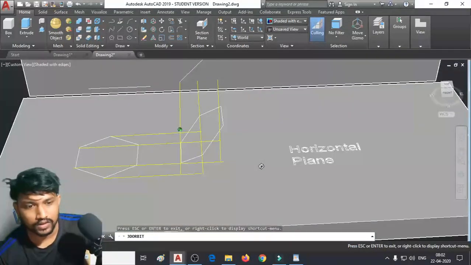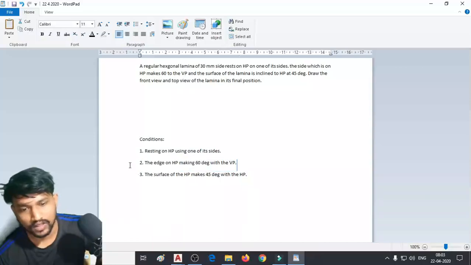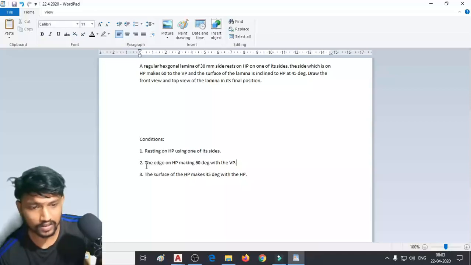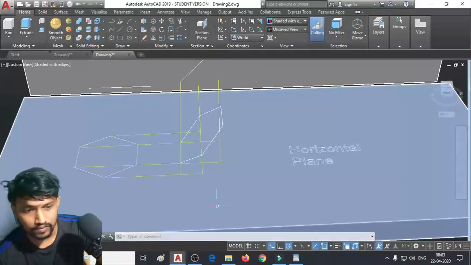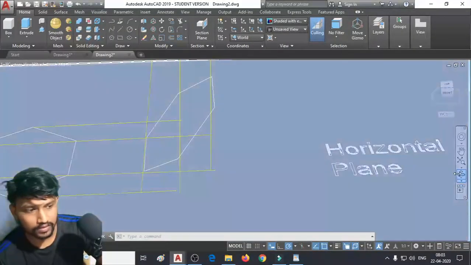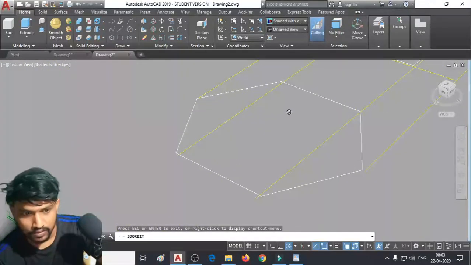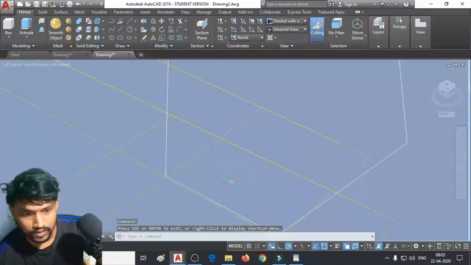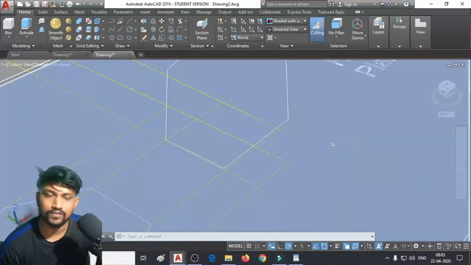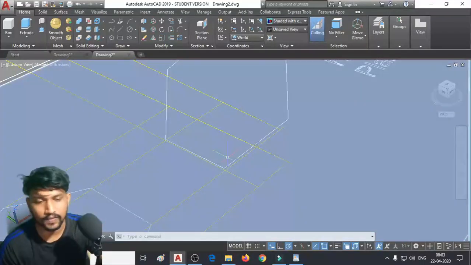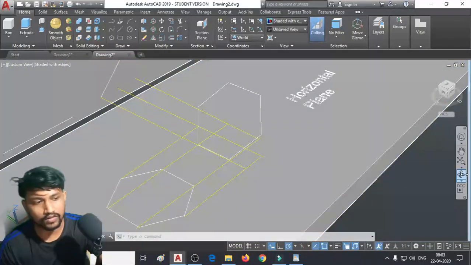Okay, the last condition that needs to be satisfied is that the edge on the horizontal plane makes 60 degrees with the vertical plane. So which means this is the edge which is actually resting on the horizontal plane, right? This is the side, or this is the edge which is actually resting on the horizontal plane, right? So this has to be, right now if you see,